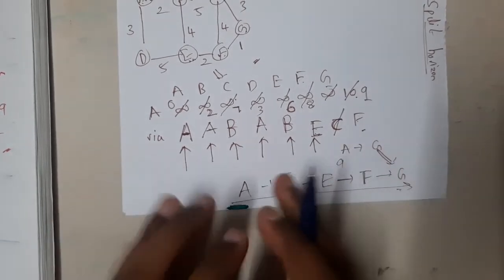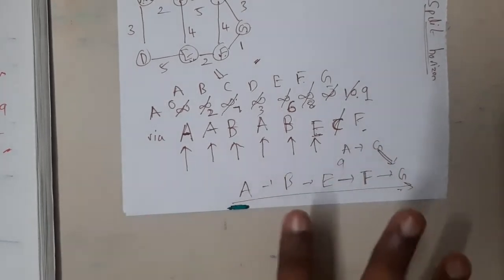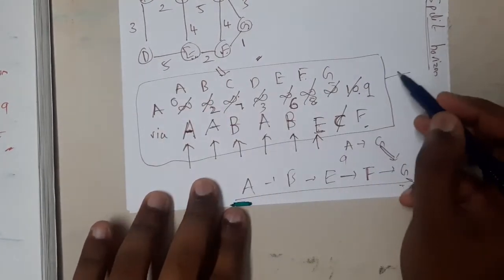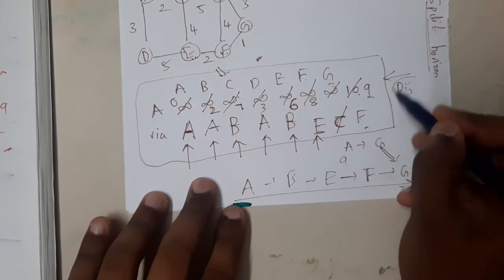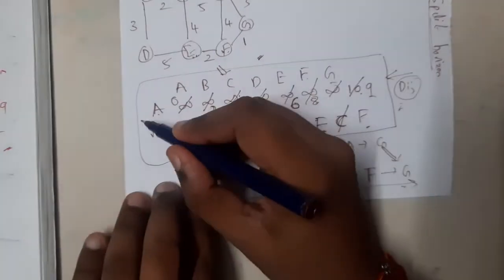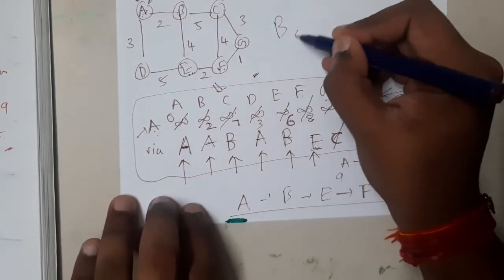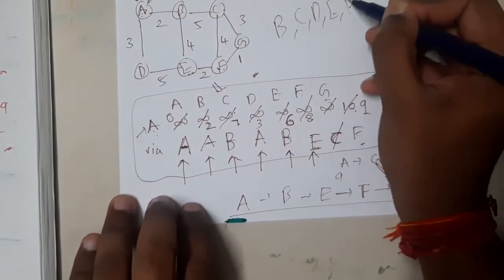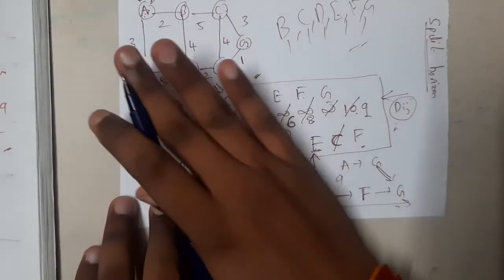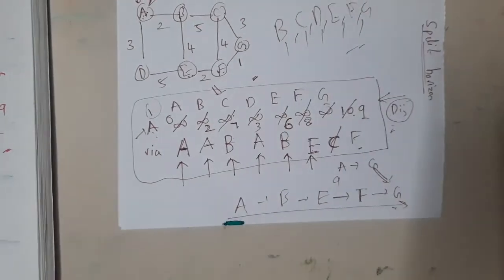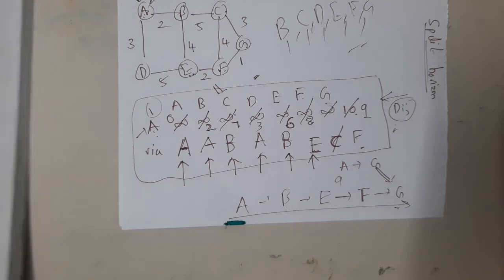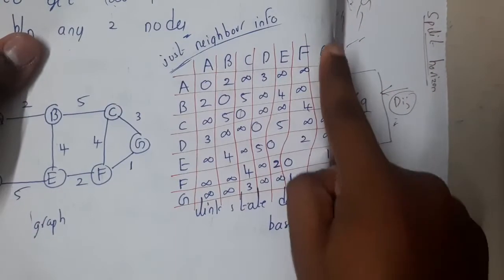Got it? Yes. So in this way you can calculate the distance between any two nodes. We applied an algorithm here, right? This algorithm is called Dijkstra's algorithm, and for our link state routing, this algorithm will be applied on each and every node, guys. I solved for one, so it will be applied to the rest also. At the end of all the solving, you will get the whole table of each and every node, and you will be filling this table. This table, I told you initially, was empty, right?